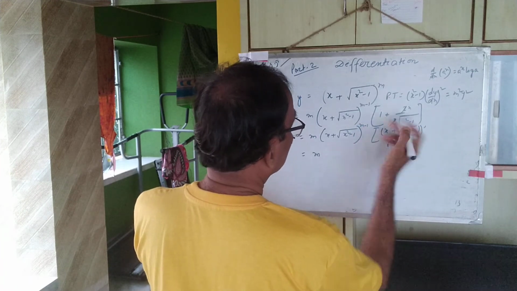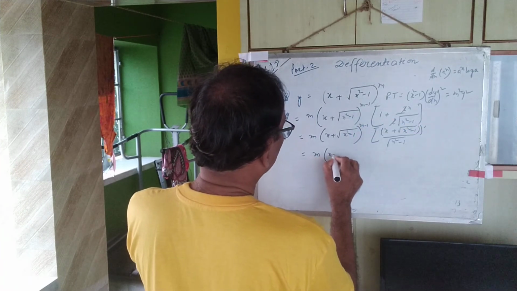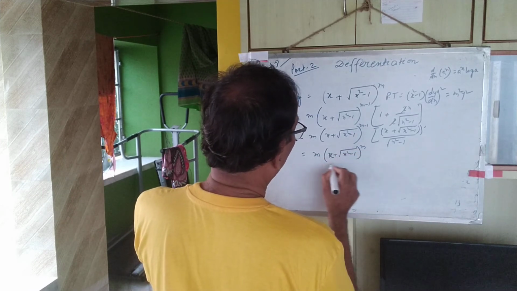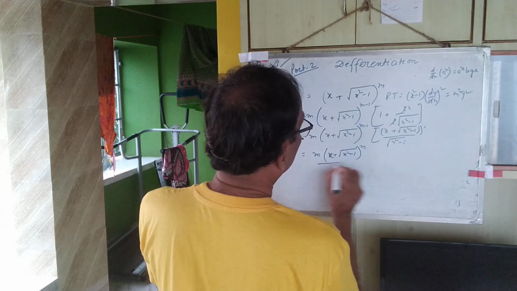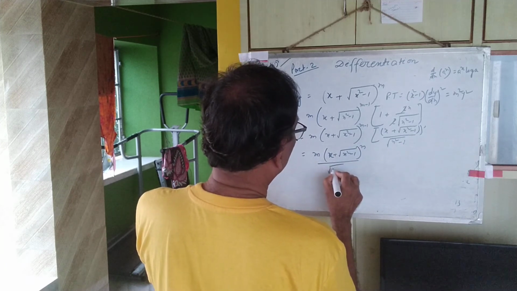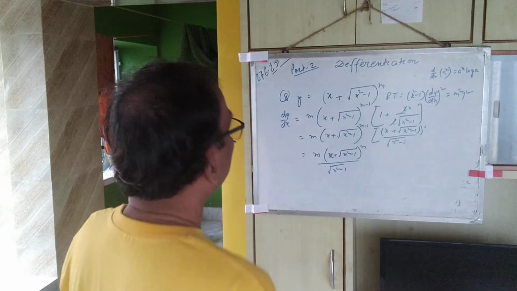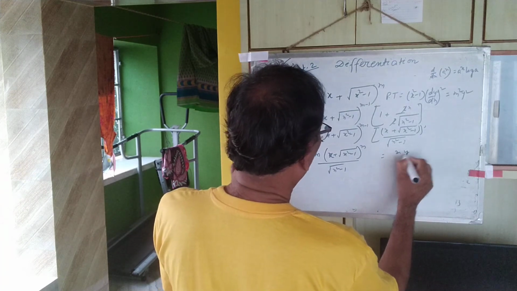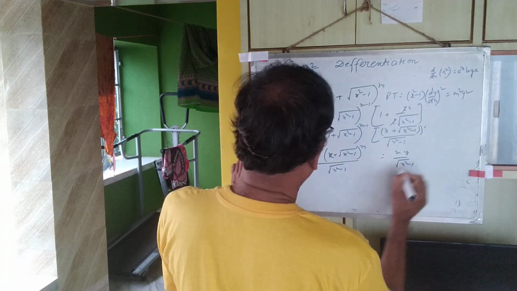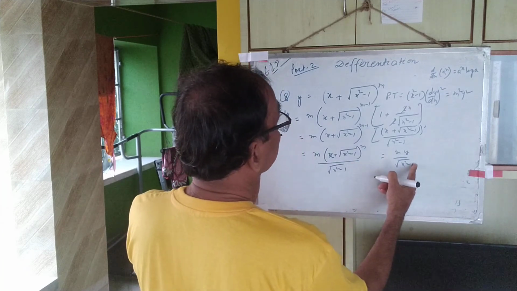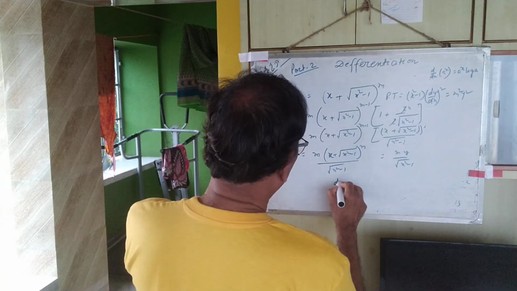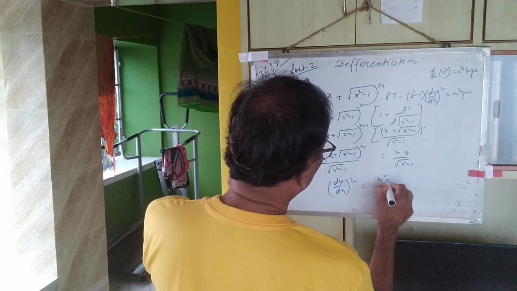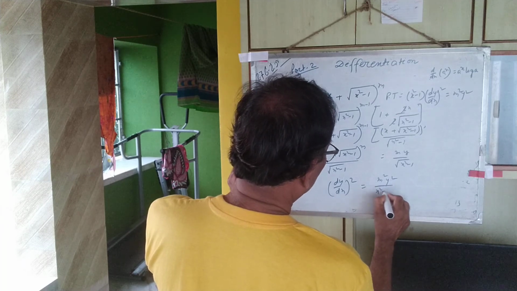That is m square minus 1 plus, that's only m square. M into (x plus root over of x square minus 1) whole to the power m by root over of (x square minus 1). The value of this is y. We know that it equals my by root over of (x square minus 1). So dy by dx is this. So (dy by dx) whole square equals to m square y square by (x square minus 1).